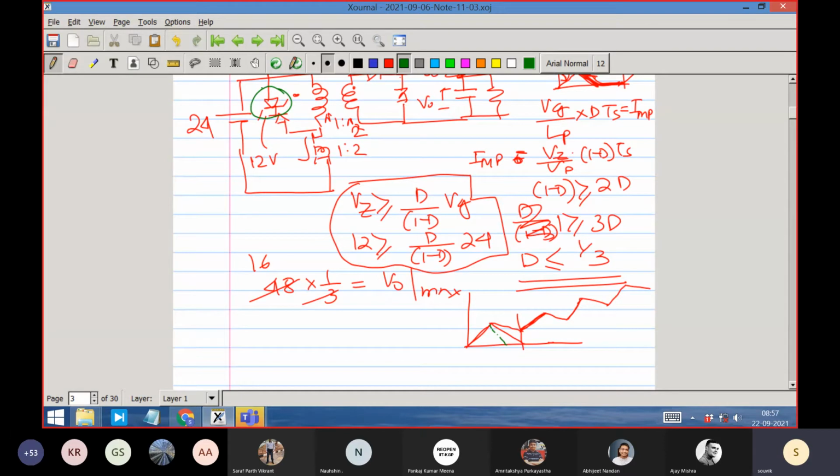And how much is the loss? If you want to be very accurate, this is the current waveform. What is the current waveform? Vg by Lp, Lp will be known. This peak value is how much? Into dTs, that is the peak value. And how much is the loss? The average loss, so half at this area, if I do, this area is how much? 1 minus dTs is this thing, and peak is how much? Vg by